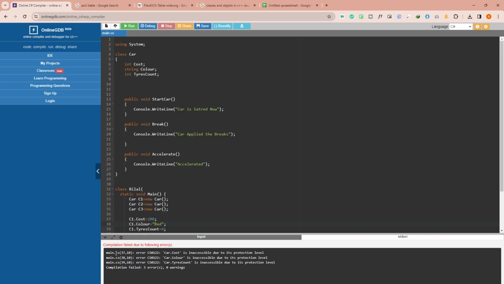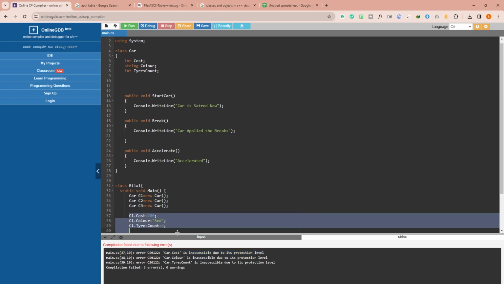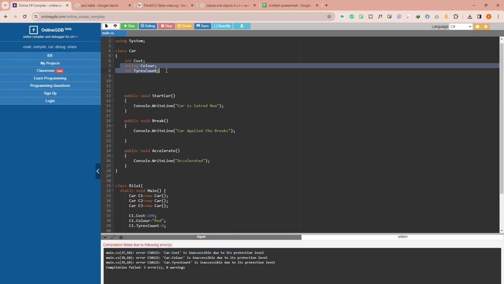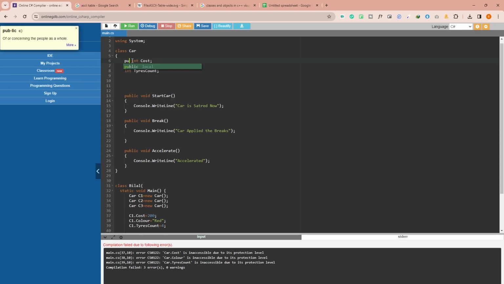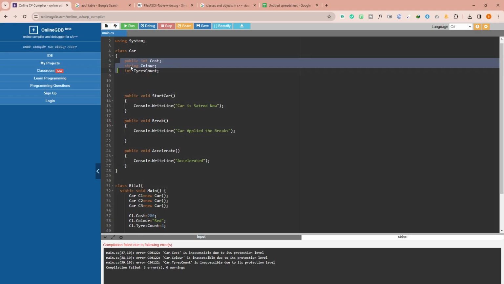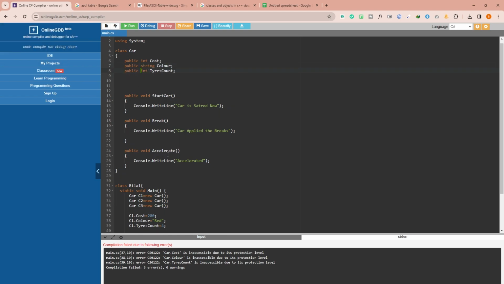Okay, you can see that it is inaccessible. I cannot access these values because it is private. So we have to make it public. My caps lock is on, so public, I will just copy this here, Ctrl+V, Ctrl+V, and now when I run the code,